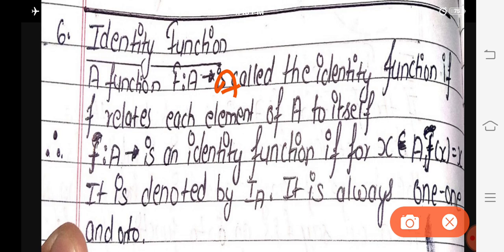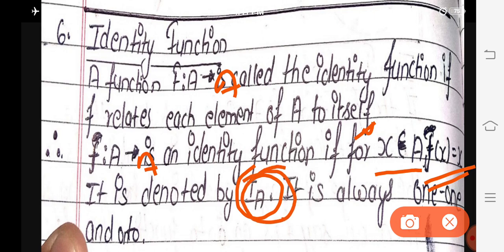That is, a function f from A to A is an identity function if for every x belongs to A, f(x) equals x. It is denoted by I suffix A, because the function is from A to A. If the function is from B to B, then the same thing will be denoted by I suffix B.